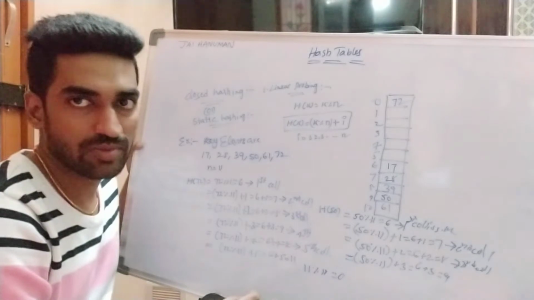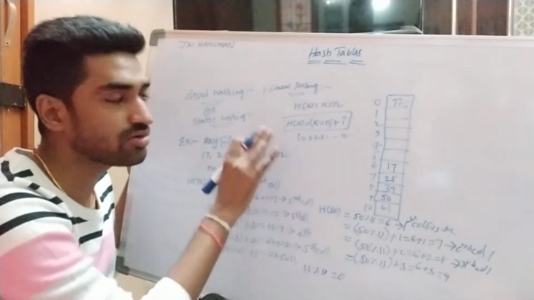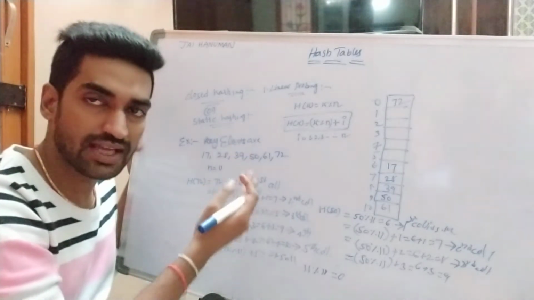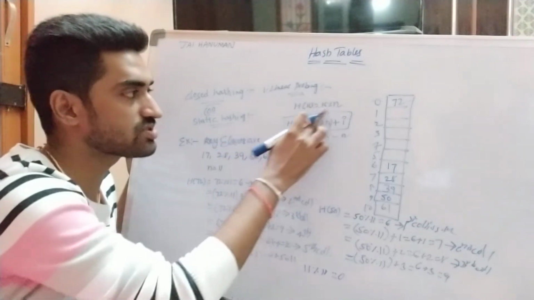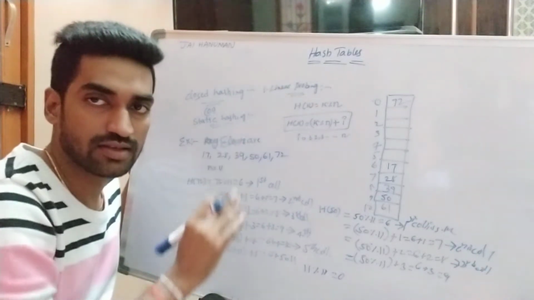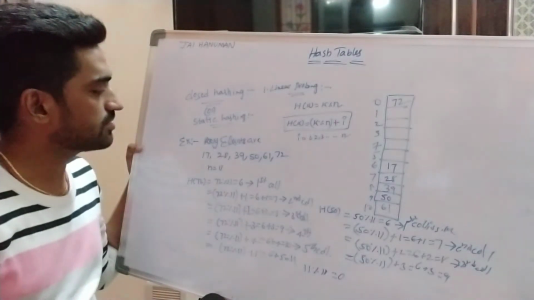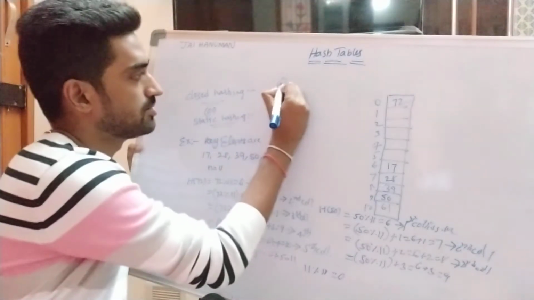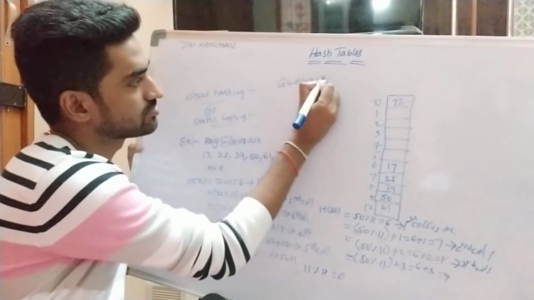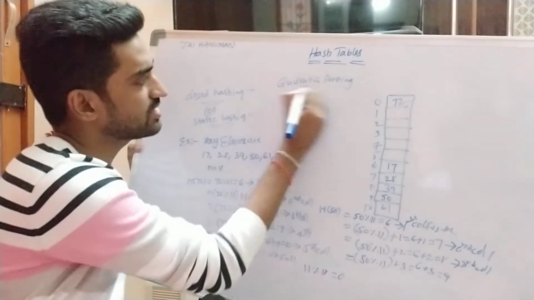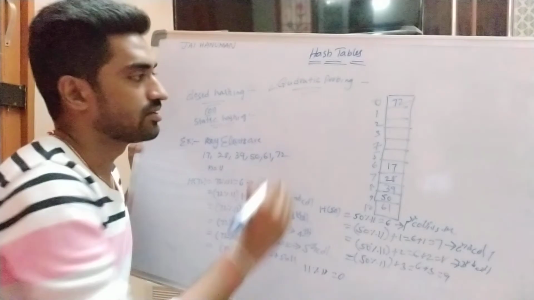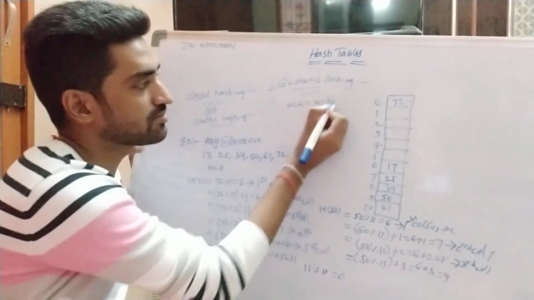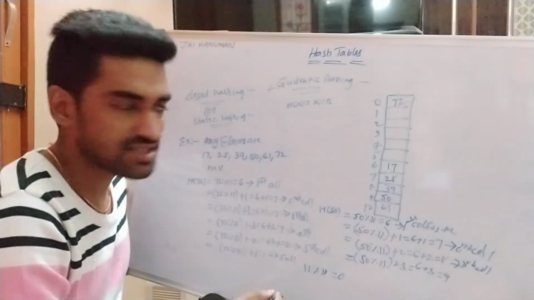So this is about linear probing. Once collision is occurred, then only we are using these techniques. Otherwise, for each and every hashing operation, basic formula h of k is equal to k modulo division n is used, right? So what is the next technique? Quadratic probing. Second technique is quadratic probing. So what is the general operation for hashing h of k is equal to k modulo division of n. So at the time of hashing, once the collision is occurred,